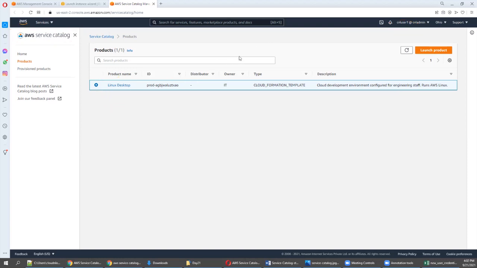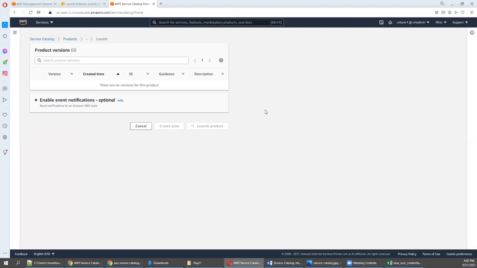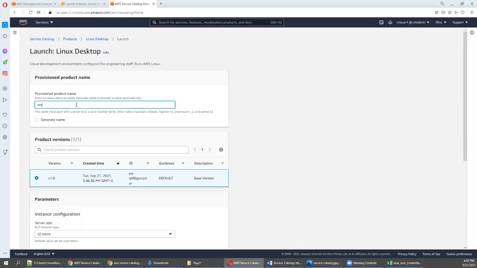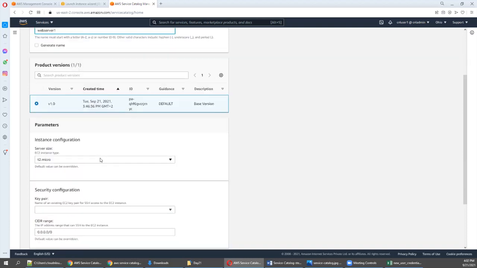So clear it out. I'm going to launch a product. See, the beauty here is I'm going to say my web server 1. But the problem is, come down, version 1. You can go for any version. This is why, if you look at the steps, we have mentioned base version. Like this, in the same product, you can apply a different version, maybe patching.